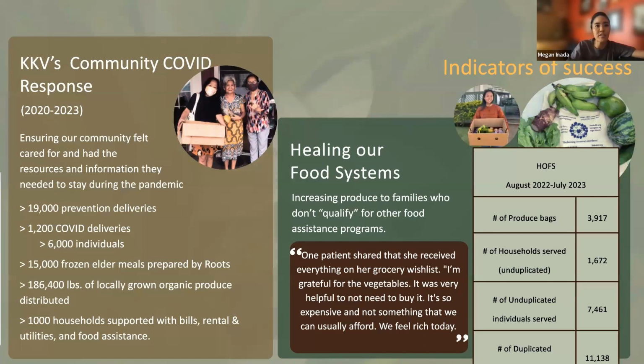And what we were really concerned about, because we had the potential to have a crisis, right? We have a lot of multi-generational families living in small homes where the COVID could just rip through. And so we really wanted to protect our community. And so we did almost 12,000 COVID deliveries. So these were providing enough food for people to safely quarantine at home. And I guess I could keep going and going about all the things, but really what was important was,